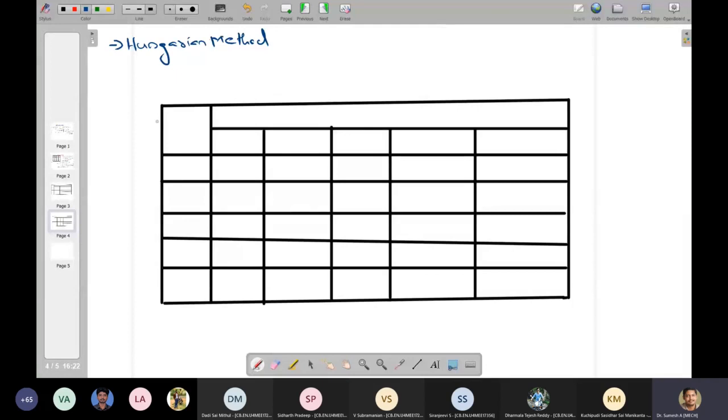If you don't make any mistakes, it is easy to solve. So we'll solve directly a problem. There are 5 jobs, and I will mark them as 1, 2, 3, 4 and 5. I am going to assign the 5 jobs to 5 machines, which I'll call A, B, C, D and E.